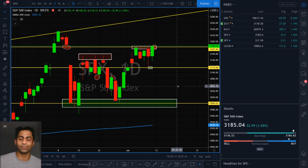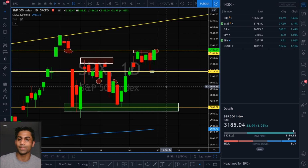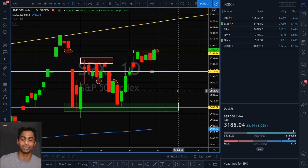So if you've been following my previous market updates, you have a really good understanding of where those levels sit. But the market essentially rallied based on the catalyst that Gilead Sciences came out with their treatments for COVID-19. And that was the fuel that the markets needed to close and break out of 3180, which